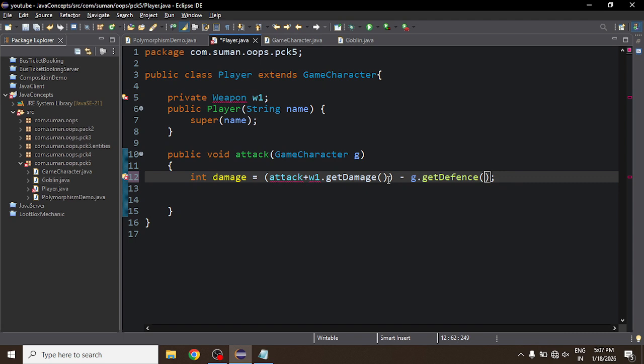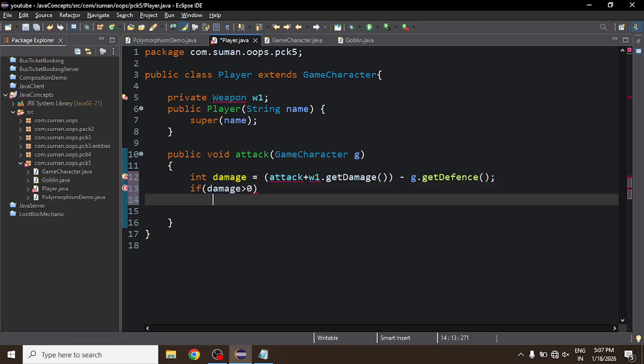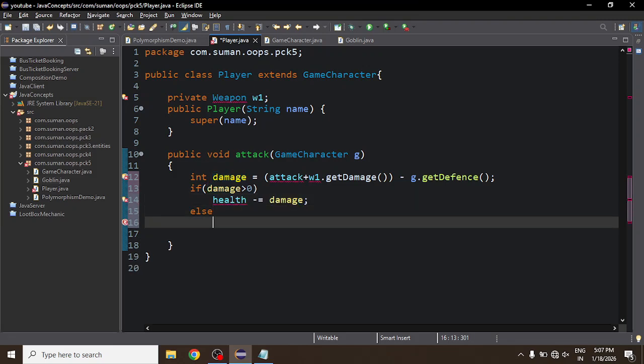So here the damage minus the Goblin defense. The final damage: if damage is greater than 0, then health minus equal to damage. Else health equal to